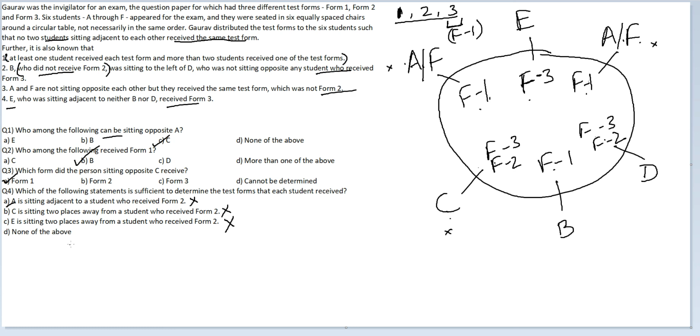When A, B, C are cancelled, we are only left with option D. And therefore option D is the answer here. Again, a straightforward question. The only bit of complexity arising from that there are multiple cases here. How do you represent it well? With this format, I think it should work.